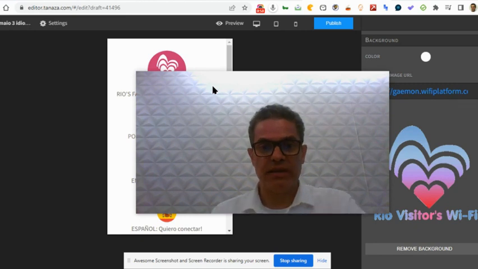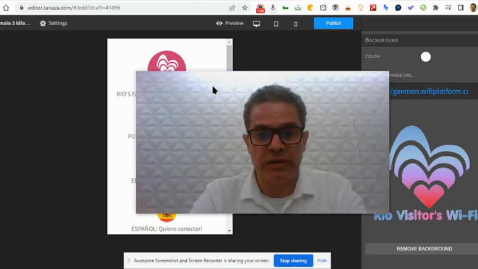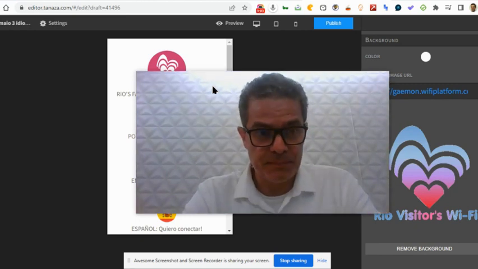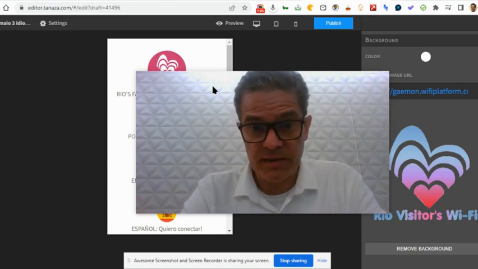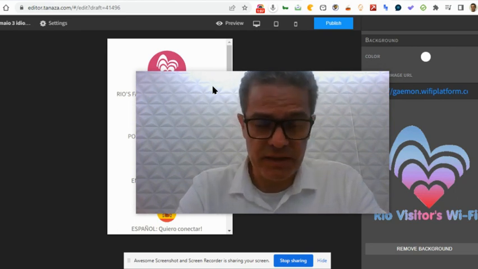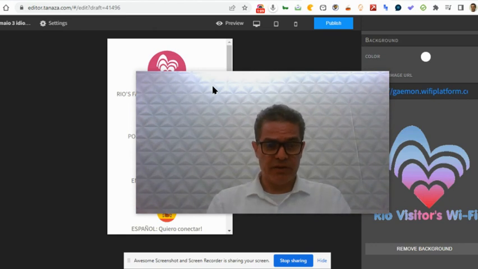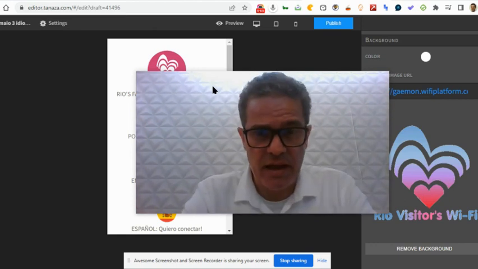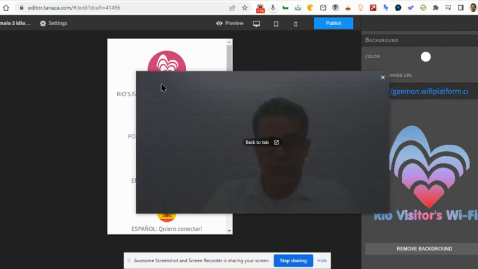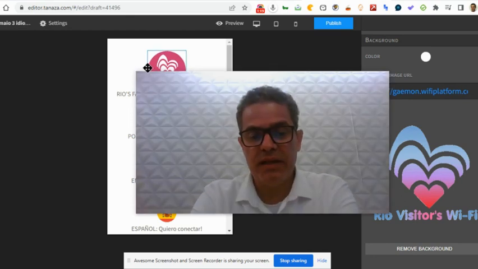So this would be a solution, especially for tourists who don't want to get a SIM card. Getting a SIM card in Brazil is a little complicated because you have to bring your passport, and it usually takes an hour and a half. So a lot of people are dissuaded from that. This is how we went about coming up with a landing page